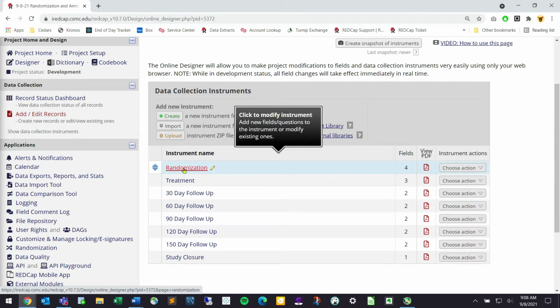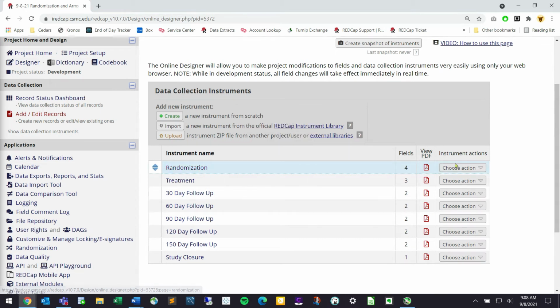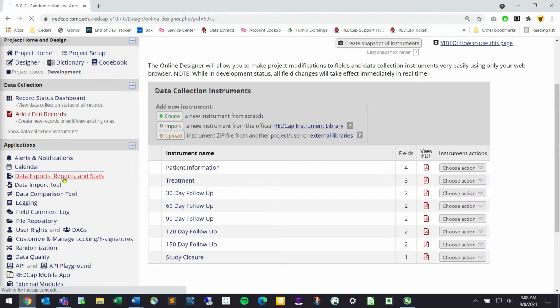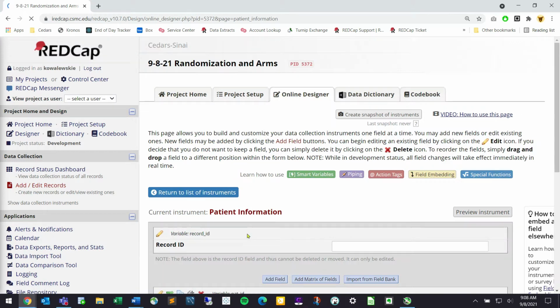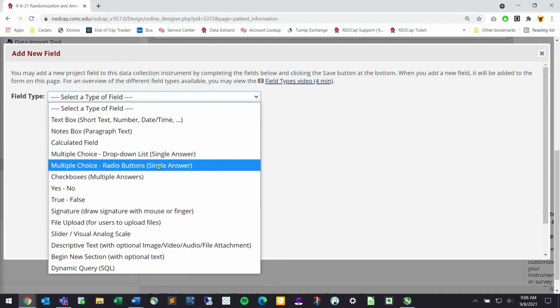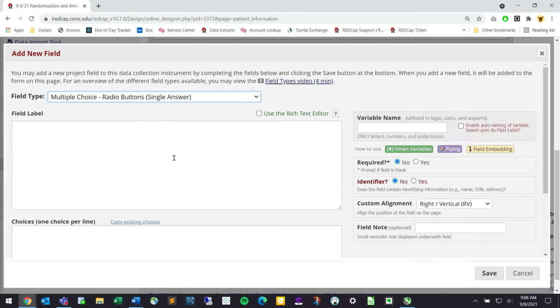So I have my form here. I called it randomization. You don't have to call it randomization. You can call it demographics or patient information, whatever it needs to be. That is perfectly okay. I'll just call this patient information. To start off randomization, we need a question that's going to define all of the groups that the patient can go into. So for this form here, I have a patient ID, a sex, and an age. And now I need to create one more field outlining the groups that the patient can go into. So I'll call this field